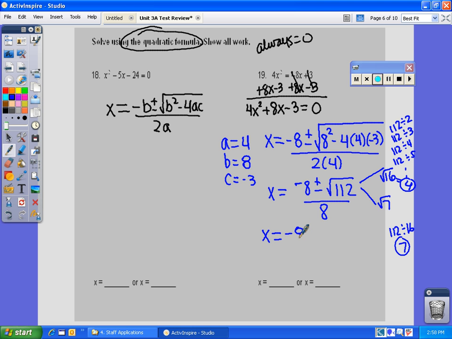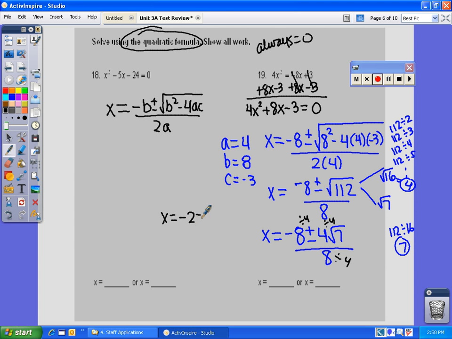So the answer to this question would be negative 8 plus or minus 4 with the square root of 7 all over 8. Now the problem is, this may look like something that can stay the same, but no, we have to reduce it. They all can be reduced by 4. Except for the radical, you can reduce everything by 4. So we're going to divide everything by 4. And we're left with, as our answer,